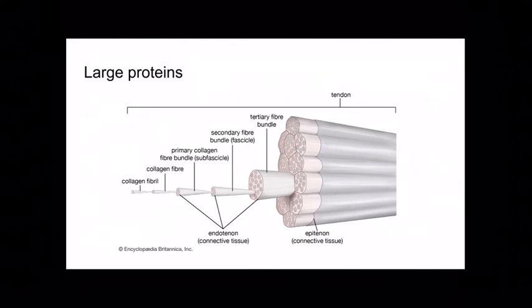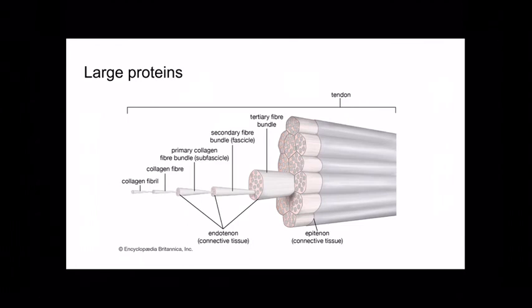Some other large proteins, here's a great example of a rather enormous protein. So what we're looking at here is a tendon. And it's not so much that any given protein within this is enormous, it's that it creates this huge protein complex. So if we look on the left, we see collagen. So collagen is the protein. Collagen is actually the most abundant protein fiber that we have in the body. It's a fiber that shows up outside of cells, and we find it in connective tissue. And it's very strong and does a whole lot of the soft tissue structure in our body.